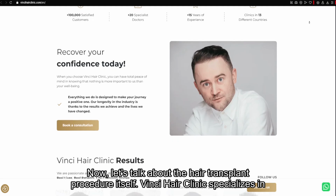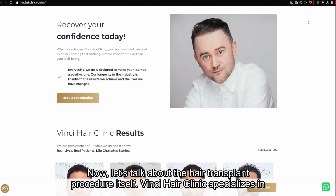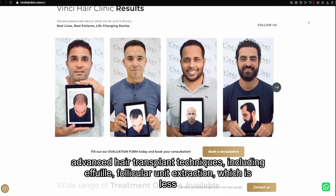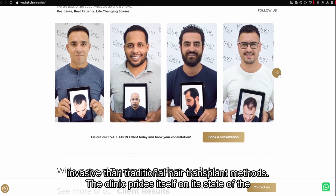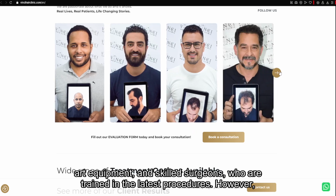Now, let's talk about the hair transplant procedure itself. Vinci Hair Clinic specializes in advanced hair transplant techniques, including FUE, follicular unit extraction, which is less invasive than traditional hair transplant methods. The clinic prides itself on its state-of-the-art equipment and skilled surgeons who are trained in the latest